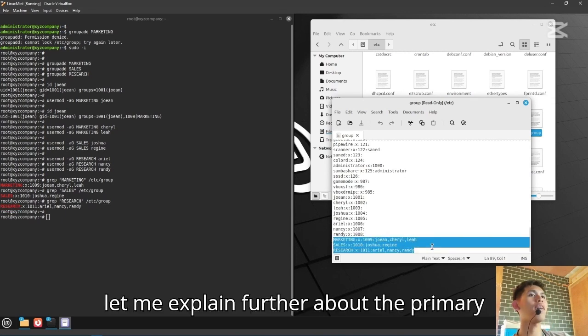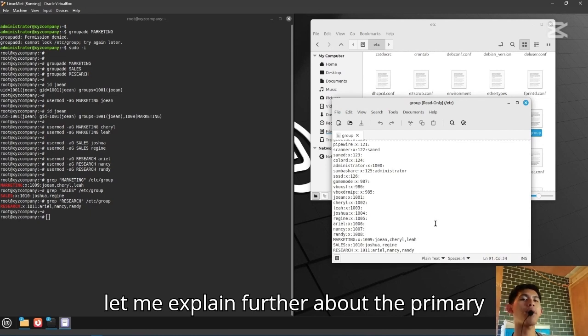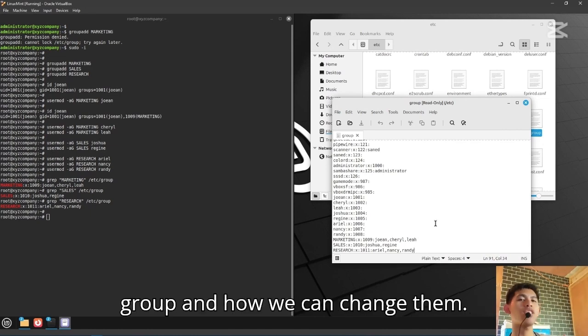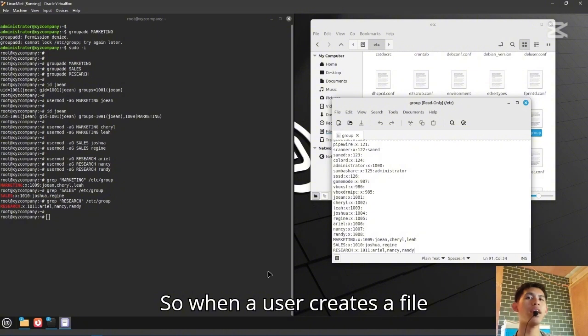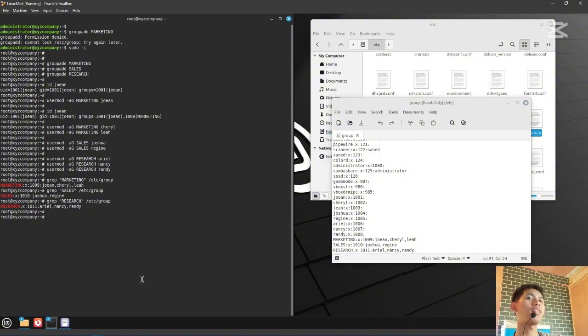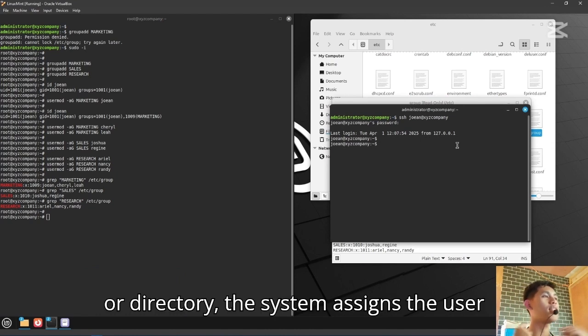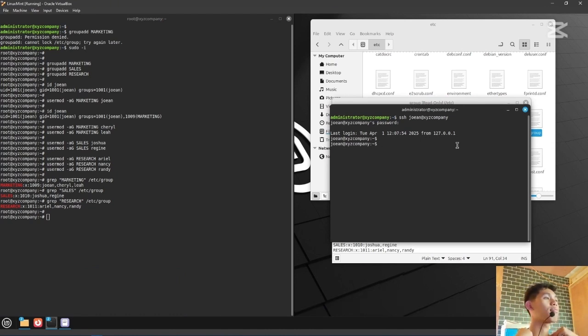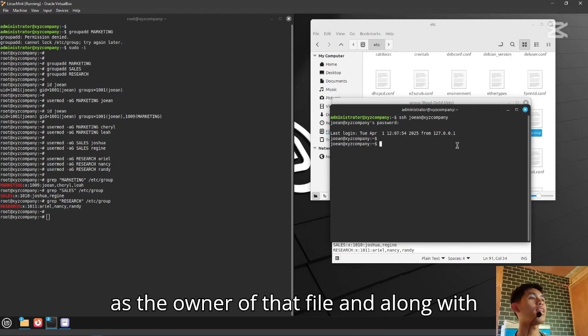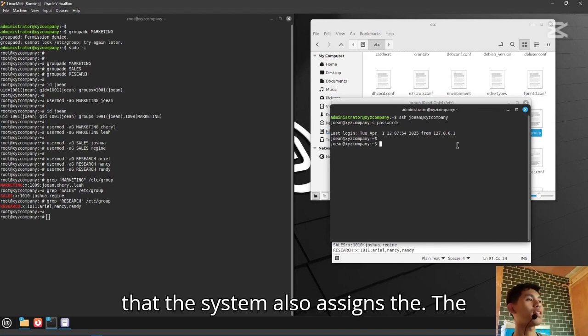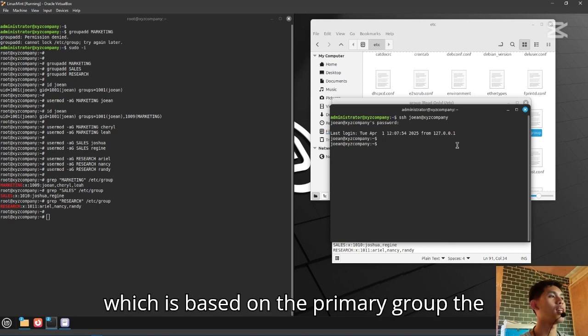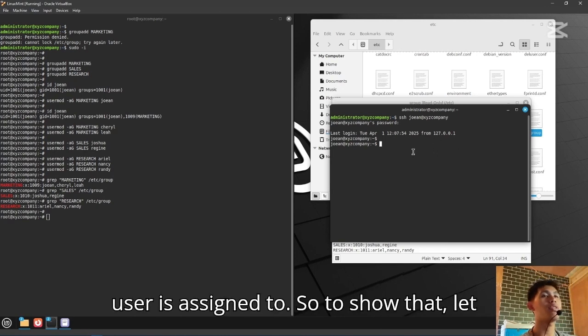Now let me explain further about the primary group and how we can change it. When a user creates a file or directory, the system assigns the user as the owner of that file, and along with that the system also assigns the group owner of the file or directory, which is based on the primary group the user is assigned to. To show that, let me